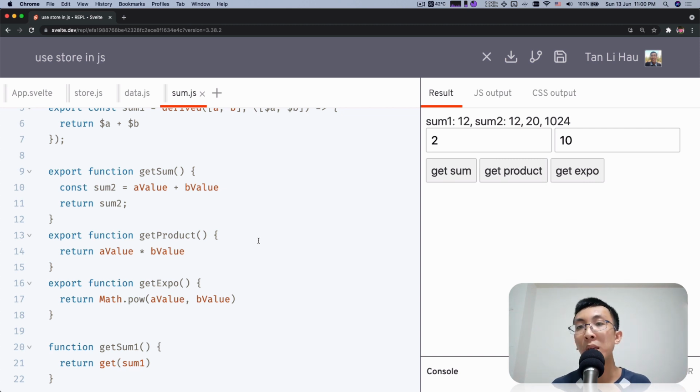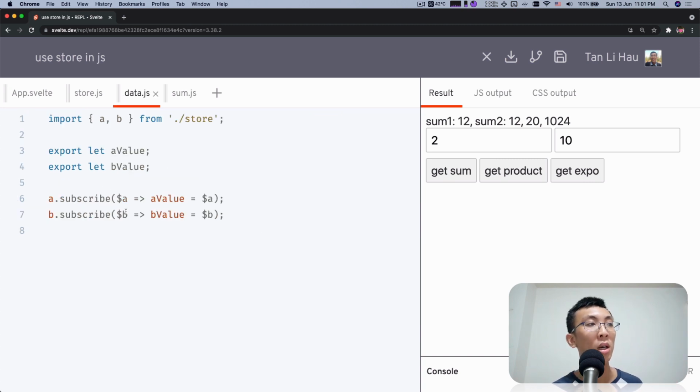And my point number 2 will be, if you find yourself always having to get a store value and it feels a bit unwieldy, then maybe you can try to subscribe to the store yourself, and then whenever the store changes, update a variable, and then you just read the value from that variable, right? The only tiny drawback to this is that you subscribe to it and you have no idea when to unsubscribe from it, because when you subscribed, you wanted the value updated, right? But because you have no way to know when you are accessing this value, A value or B value,